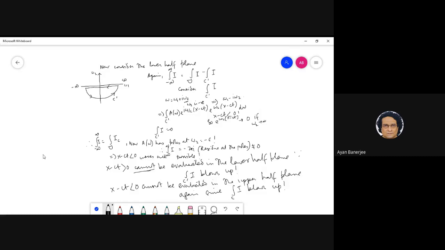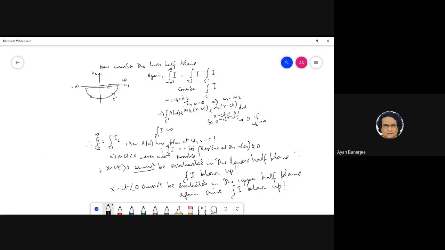Anyway, I hope the point has been conveyed. Has the point been conveyed? What I wanted to say is, when Rohan suddenly asked me why we are considering the upper half plane, I think what we basically need to show is, if you think of the way we solve, our aim is to show what we are trying to find out.